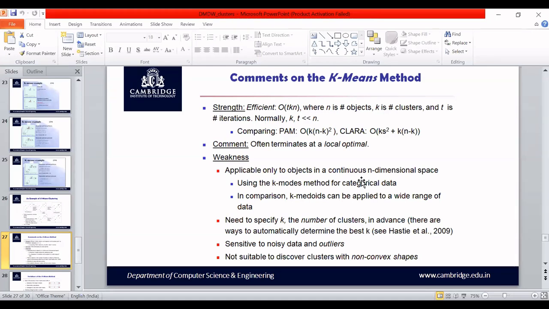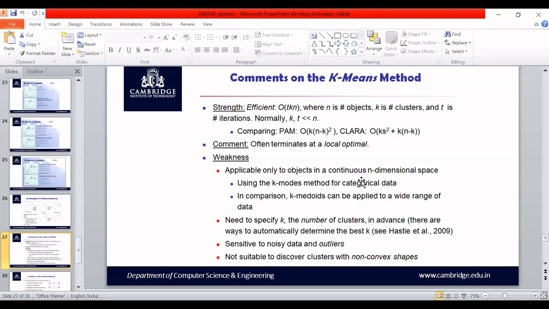In that case, instead of taking means, we will take mode. What is mode? If I have a distribution, whichever data point is repeated the maximum number of times is called your mode, with respect to statistics. So if your nature of data is categorical, then you should not apply k-means. You have to apply k-modes. And if your data consists of a wide range or if it is a very huge data set, then k-medoid is better when compared to k-means.